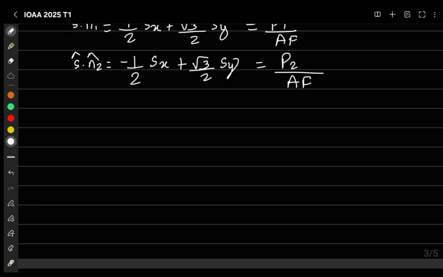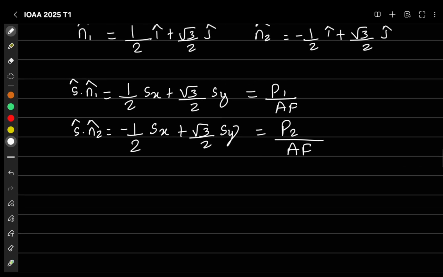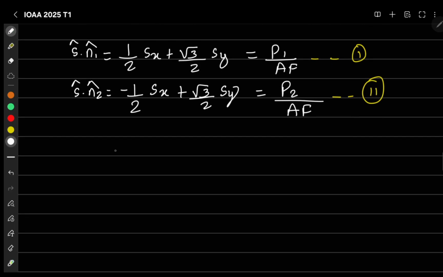So if I solve this, now you have two equations, equation 1 and equation 2. Now AF is the same, you know the value of P1, you know the value of P2 which has been provided. This is a quadratic equation, two equations have been provided. We can get Sx and then Sy, which can be calculated simply by substituting the value,